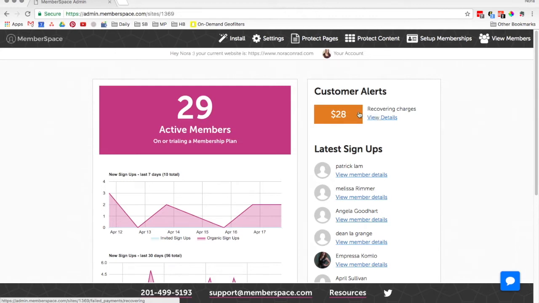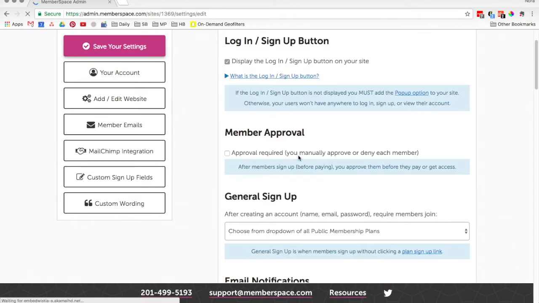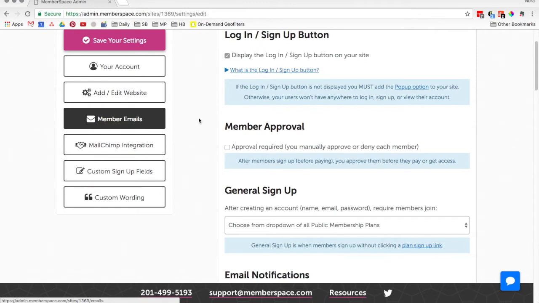So if someone did not pay it or they didn't have it in their account, these are things that I am missing. So there are always alerts here to let you know kind of what's going on with payments and accounts and important things like that. So when you first sign up, one of the first pages that you'll mess around with is the settings page. This is where you're going to set up all of your different settings for what you want your customers to see, what kind of emails they get,